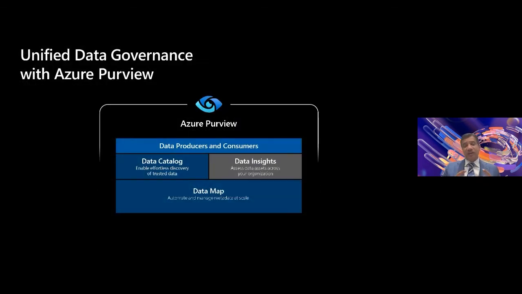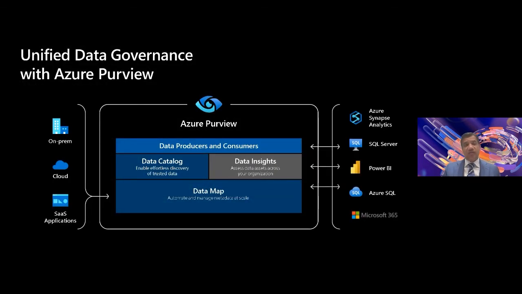Right, and that's where another capability within our Azure stack comes into play, which we call Azure Purview. It allows you to create a data catalog from all of those different data sources, and it then allows you to easily answer questions like provenance, where did that data come from, what is the lineage, etc. And you're also able to do data classification on different levels of sensitivity you want to attribute to that piece